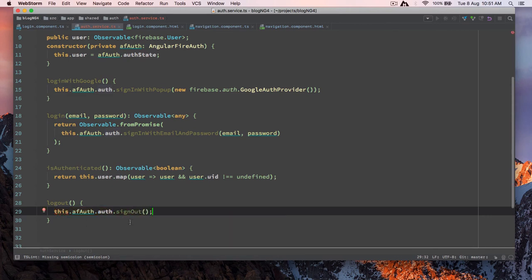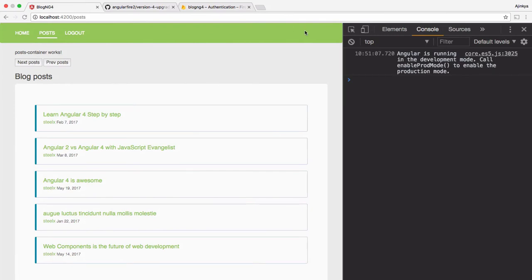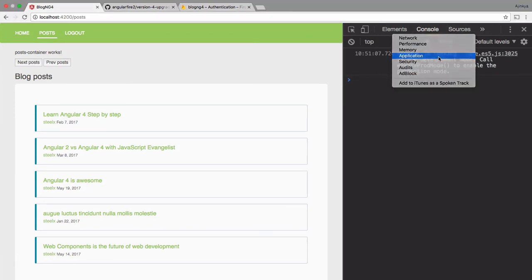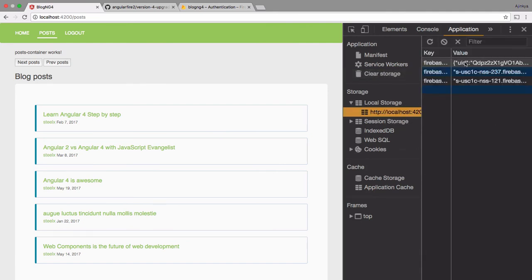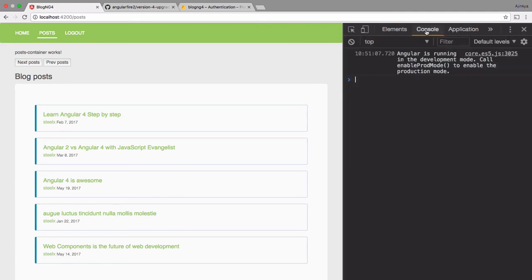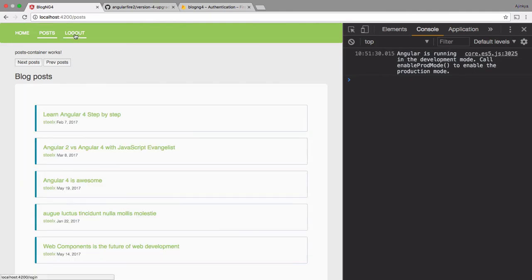And that's it. Once you call this function, the user which is logged in currently gets removed from the local storage of your browser. Inside the local storage, you can see AngularFire has created this Firebase key, and it gets simply removed, and also it notifies the Firebase console that user is logged out. All right, I'm just going to refresh, and if I hit logout,